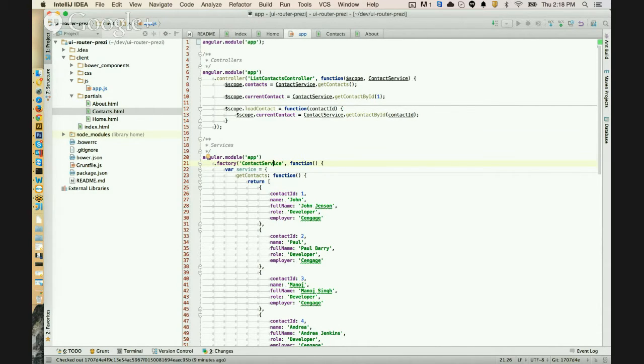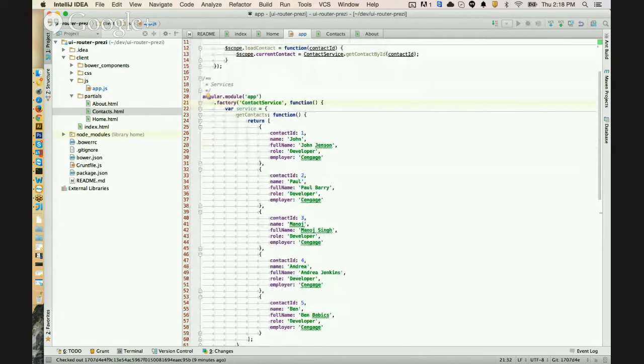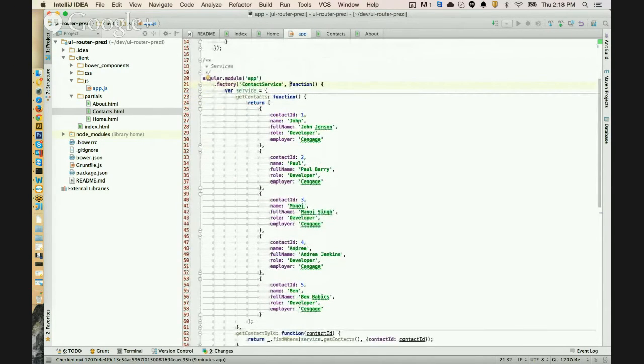And so I just say Angular, I want to go grab this app and I want to add a service to it using the factory pattern. And the service is defined. The reason why there's a function callback here is it's a function that returns an object that is your service. And the reason why it's a function is I can now do dependency injection here. Anything I want to add here, any other services that service might use, like